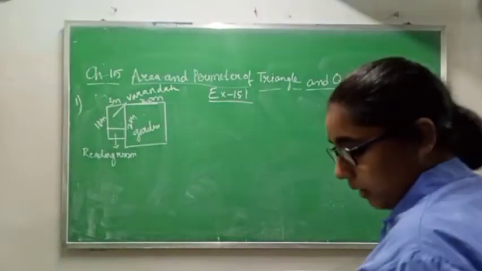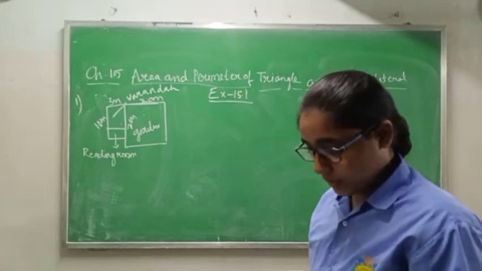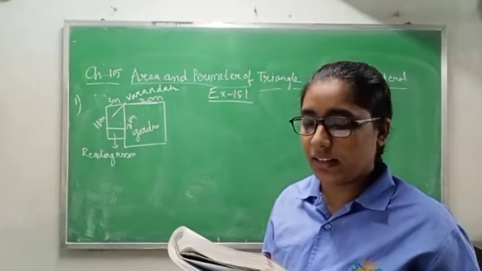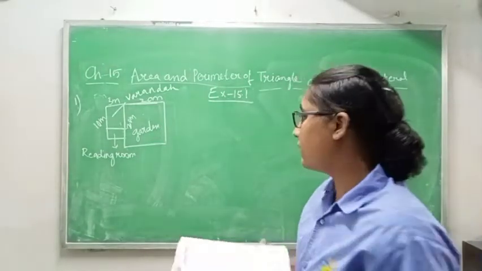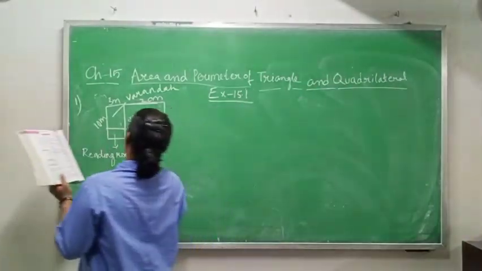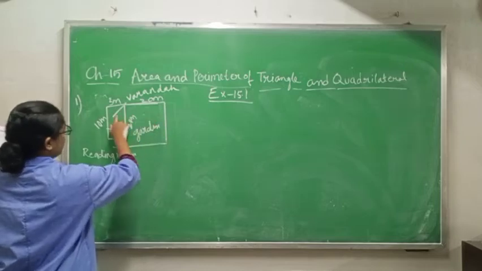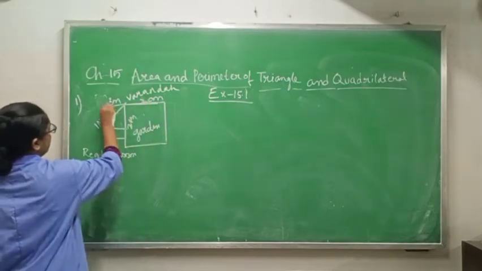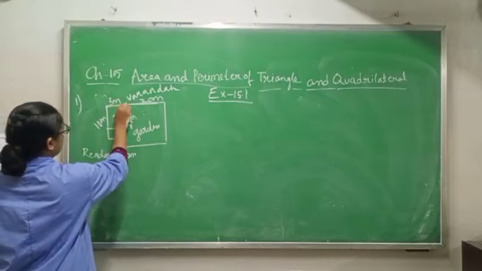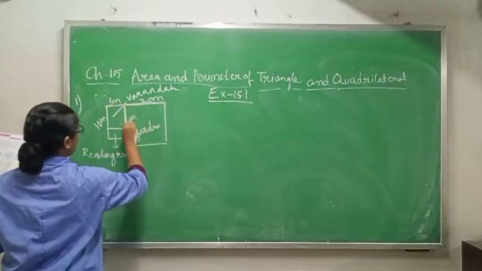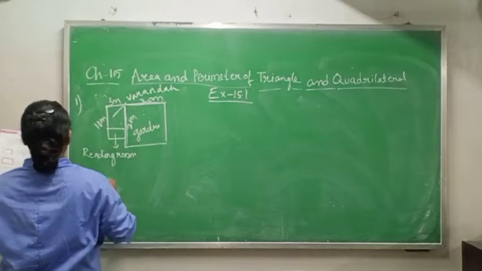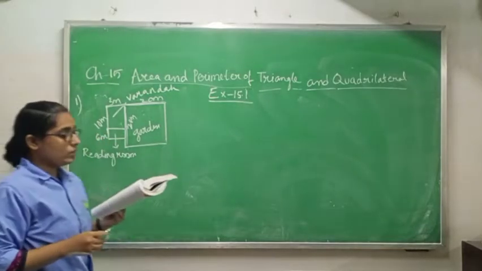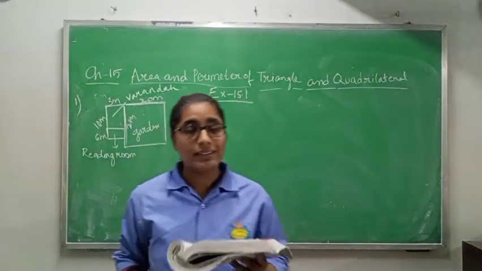Class 9, come to question number 1, exercise 15.1. It is written, I see the house of Kamal and let us find the answer. You can see I have made it already. This one is the garden of Kamal, this one is the veranda, this one is the reading room. This one is 10 centimeter, this one is 5 meter, this is 20 and this one is also 20. And this one is 6 meter. Now one by one there are 3 questions you have to find answers for.